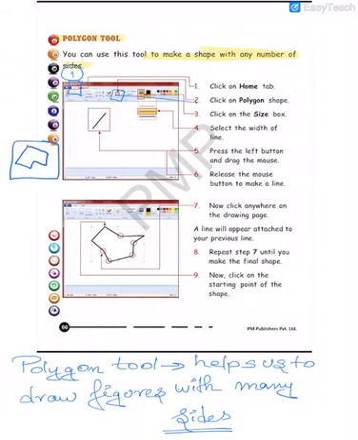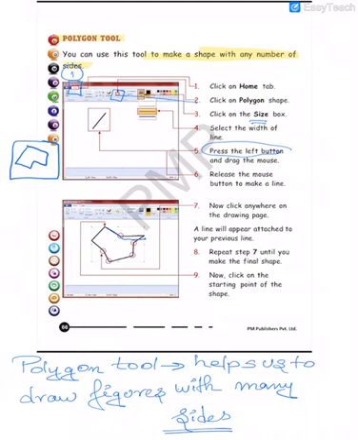Then click on the size box and adjust the size. After that, we will press the left button and drag the mouse. The moment we start dragging, we can repeat the step and draw multiple lines until we finish the figure.